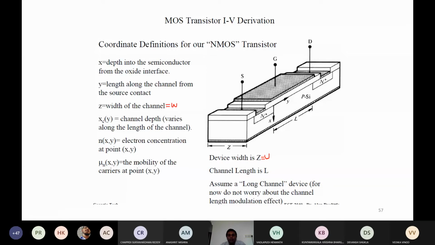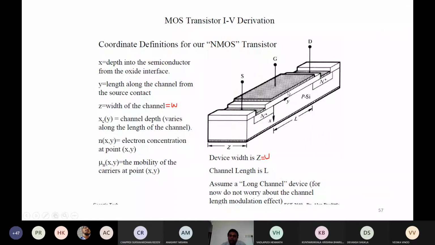So all these operation concepts are clear, but we want to derive the equation in the saturation region also. And when VDS is less than VDsat, then what is the current? That also we want to find out. So initially we will assume that we are in the linear region, or VDS is less than VDsat, and in that case we will derive the first equation.